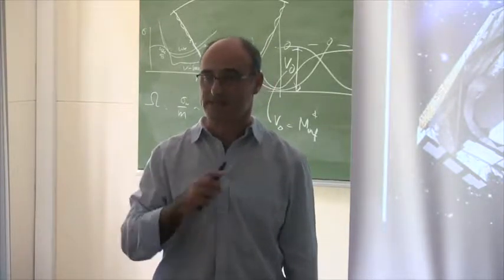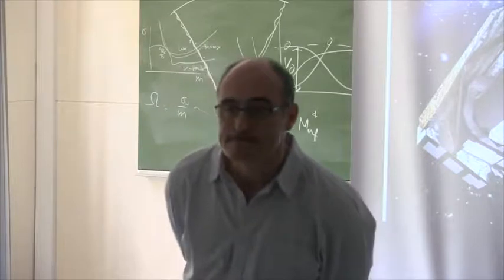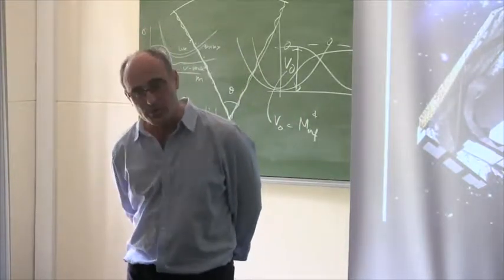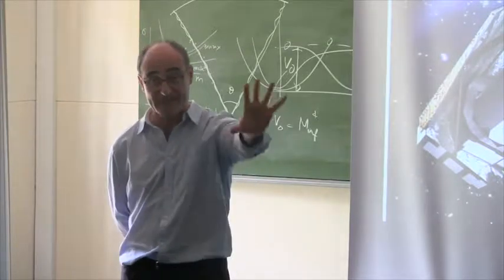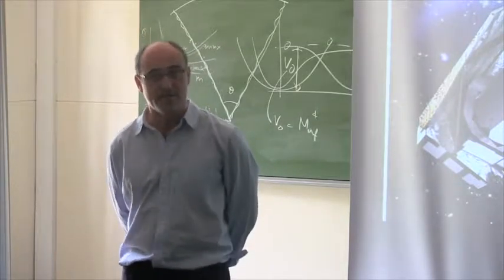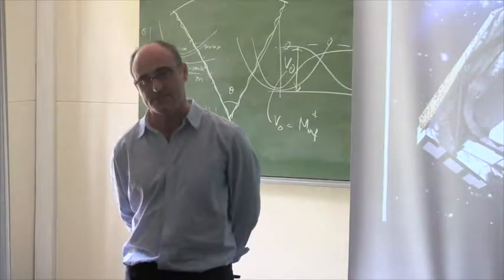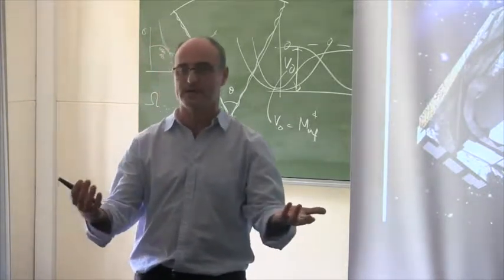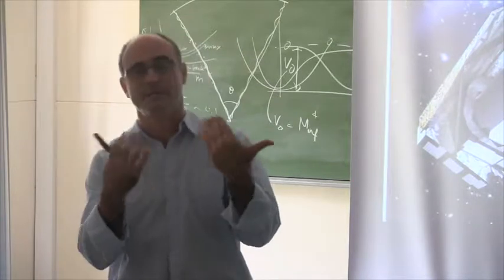Why is it wishful thinking? Yes. Why is it wishful thinking that you want to see things closer? Good. Because the objects that you use to determine the distribution of mass are very peculiar. They are emission-line galaxies, extremely luminous, ELGs. They are not ordinary galaxies. Okay, the ordinary galaxies you will not be able to see.